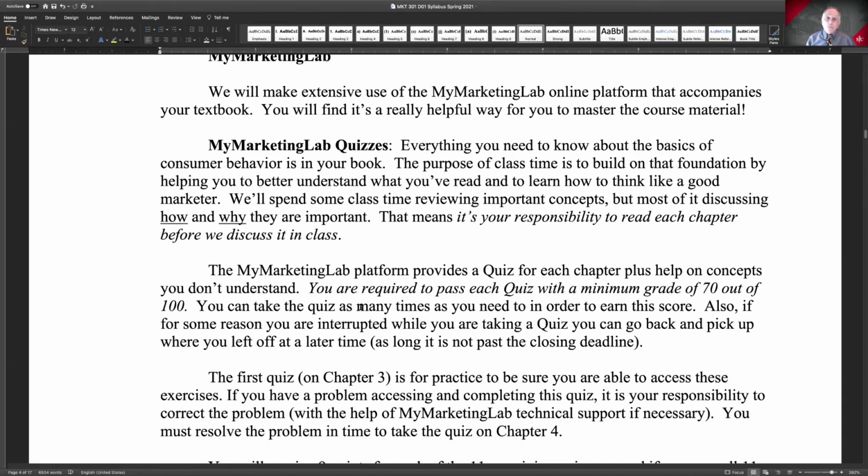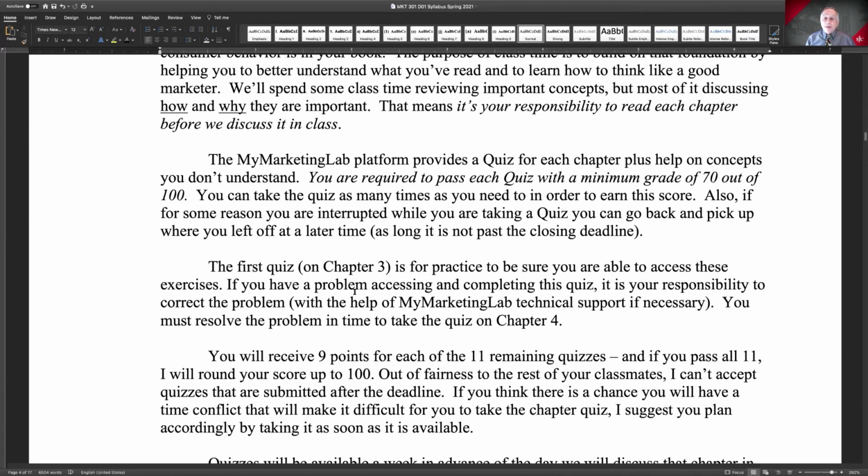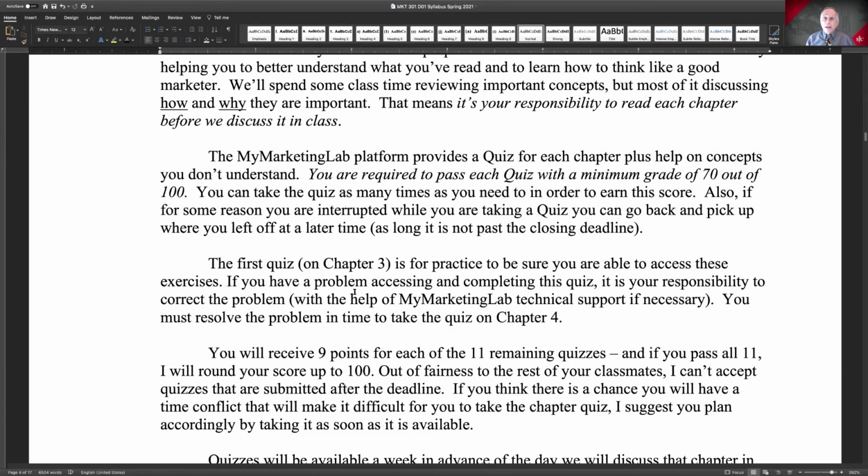Again, I'm not going to remind you to register for My Lab. If you don't register for it, you won't be able to take the quizzes. Unlikely that you'll be able to pass the course. Okay. Another thing that I'll point out here is that when you take those quizzes, this is a great way to study, because if you miss one of the answers, My Lab will tell you exactly where in the chapter that answer is given. So you can just go back and take a look at that material.